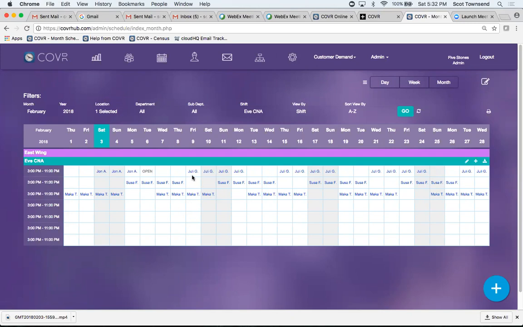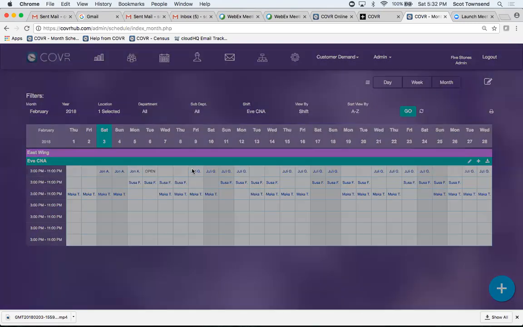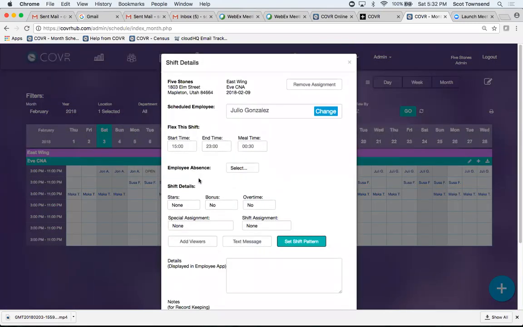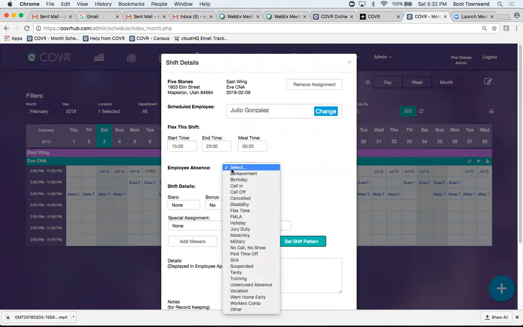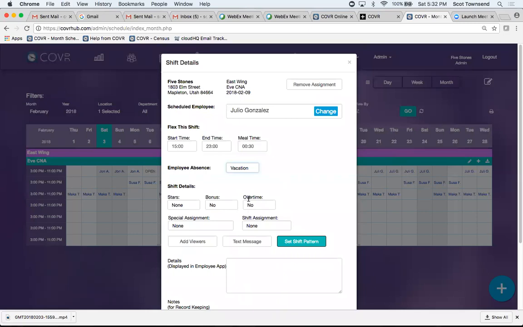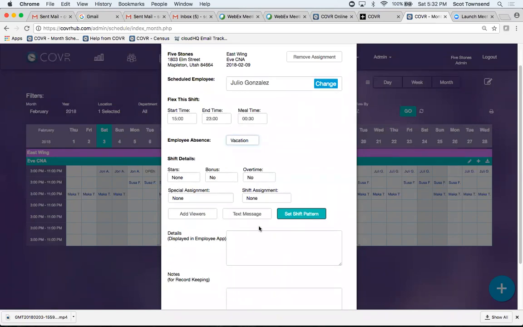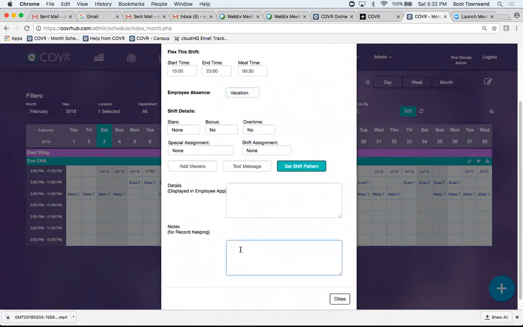Say for the 9th of February, Julio Gonzalez is going to call in, or he's called in, and he's going to go on vacation that day. I go down to the absence, hit vacations by clicking on that day. When I do that, I have a host of things that I can do, but I'm just going to record the vacation right now, and I'll put some notes